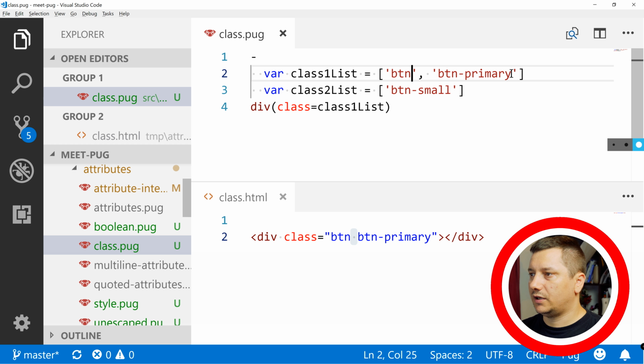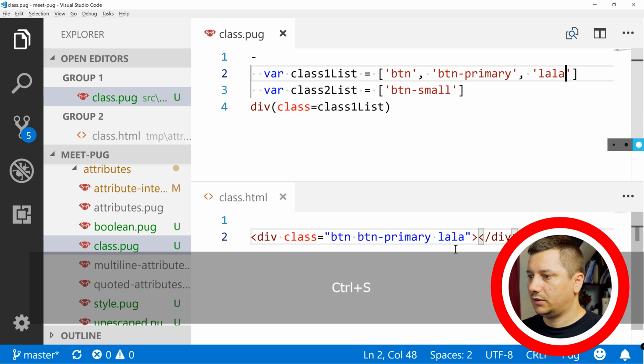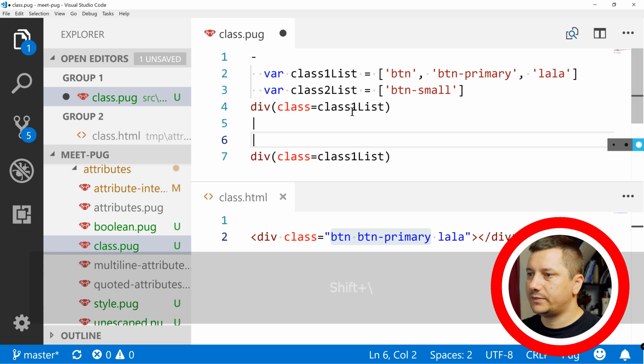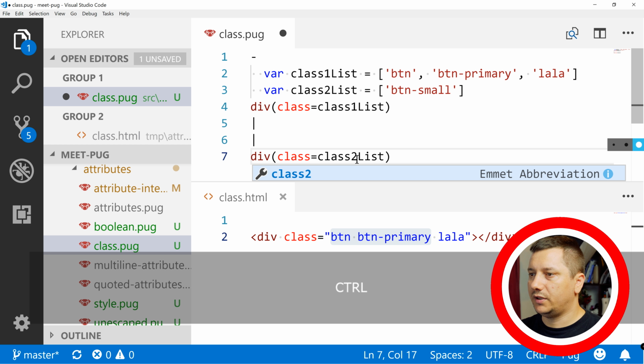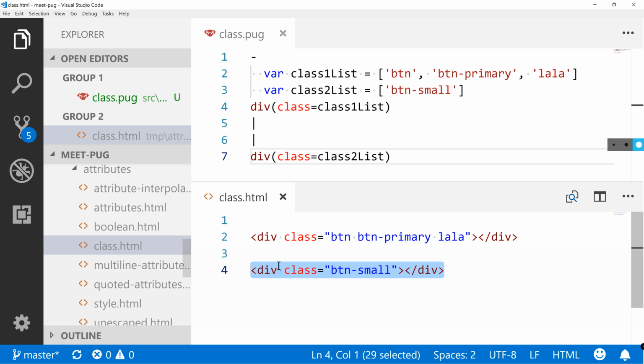So whatever values you'd be putting in here, maybe like that, it will be joined. Let's do another one, another div, a couple of pipes for white space control, and this would be the second one. Okay, so you can see that it also converts it into just a single value over there.